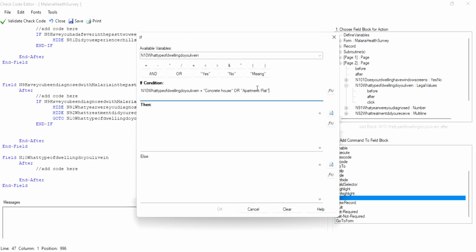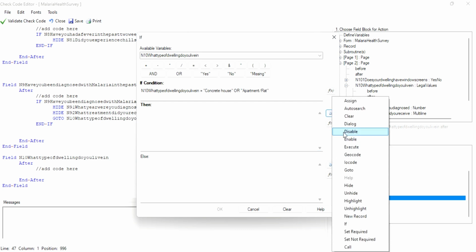It should be exactly the same as in your options for this question, which was, what type of dwelling do you live in? So you can just go back and then probably copy and paste. All right, so what type of dwelling do you live in? If it equals concrete house or apartment or flat, then